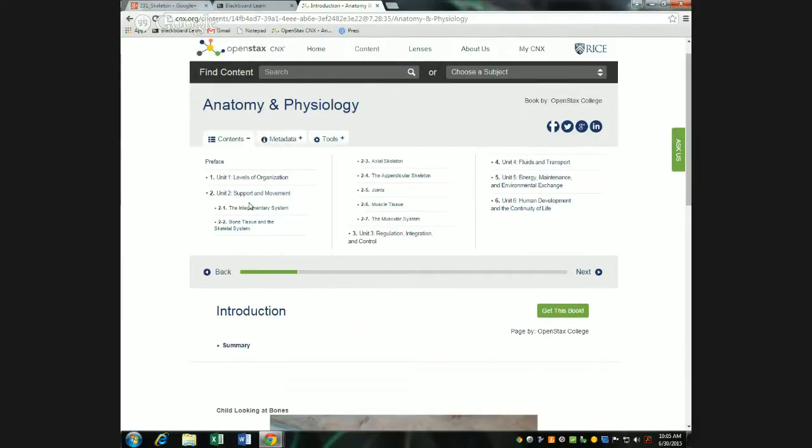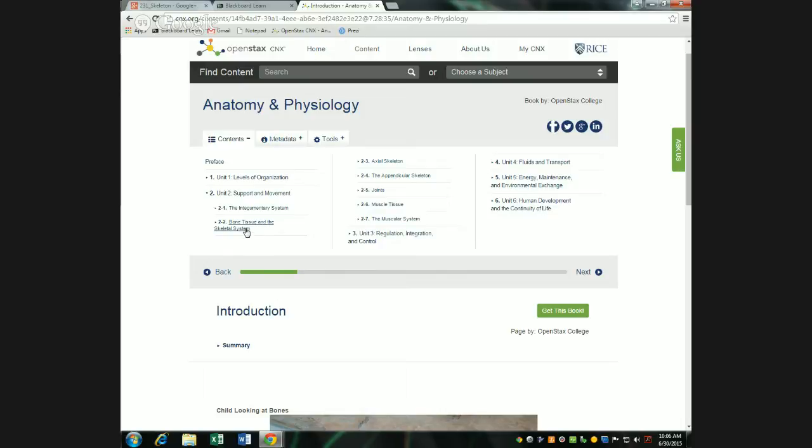The section we're on, the unit in the book on support and movement, includes the skin, which I just talked about, and then goes on to look at the skeleton and then eventually the muscles. The way that this is set up, the second chapter in this unit, called Bone Tissue and the Skeletal System, is